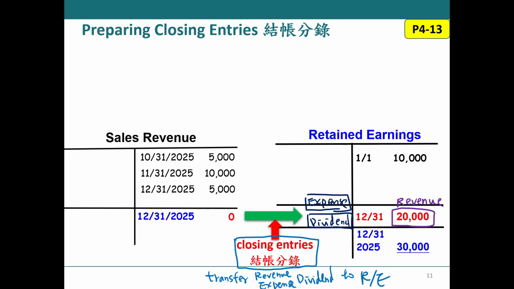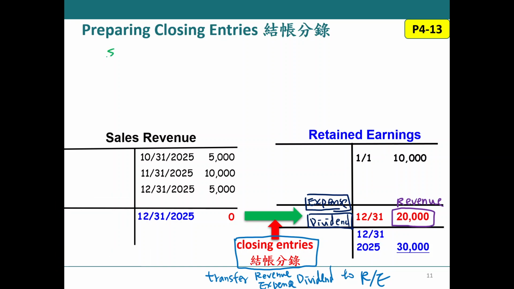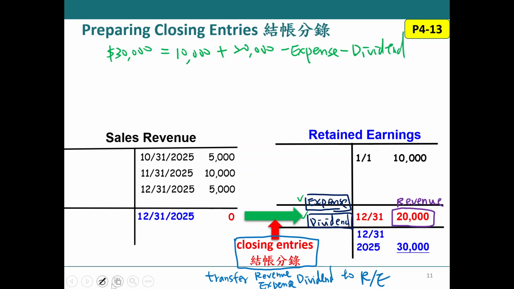Okay, so for retained earnings, how you can get $30,000 is $10,000, right? Plus revenues $20,000. Then expenses and dividends will make your retained earnings decrease, right? Okay, so the correct formula is ending retained earnings, 期末保留盈余